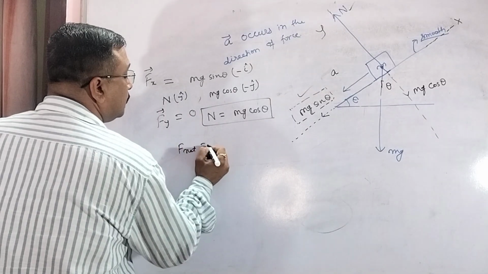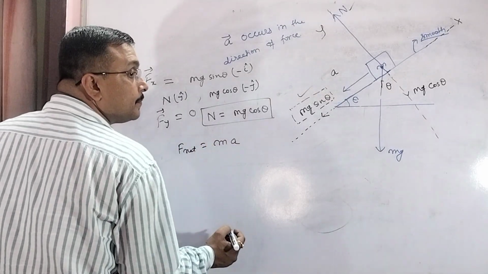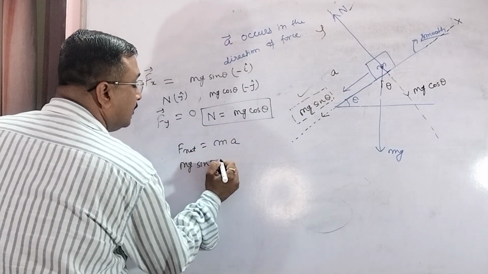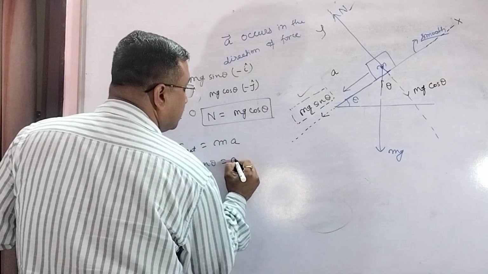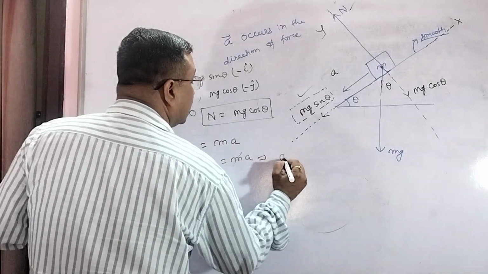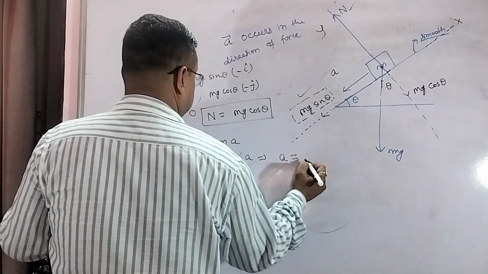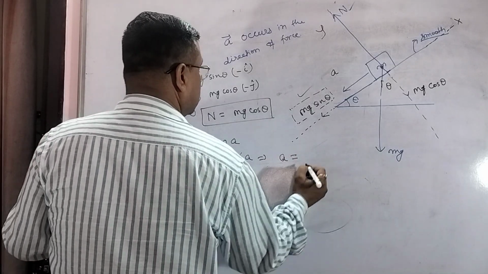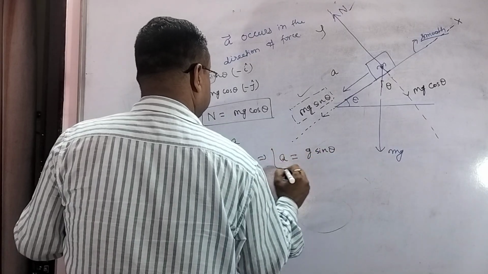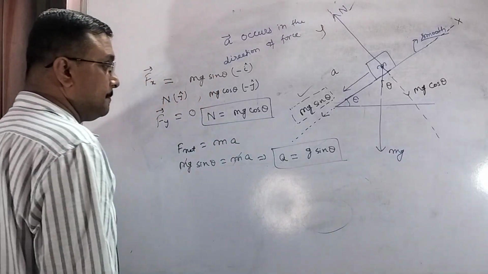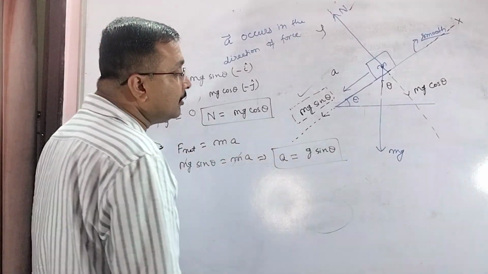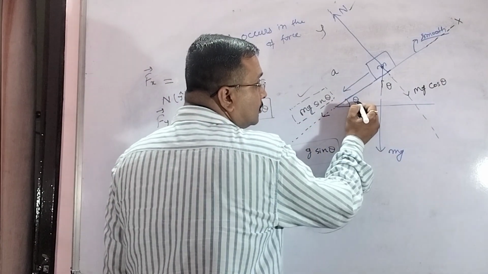F नेट इक्वल्स टू m इंटू a. तो F नेट की जगह पे क्या आ जाएगा, mg साइन थीटा इक्वल्स टू m इंटू a, और यहाँ से m कैंसिल हो जाएगा और a निकालना होगा, तो मैग्नीट्यूड ऑफ a विल बी g साइन थीटा. मैग्नीट्यूड ऑफ एक्सीलरेशन विल बी g साइन थीटा। और देखिए g भी कांस्टेंट और यह थीटा भी कांस्टेंट, इसका मतलब